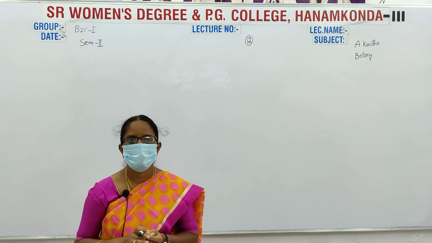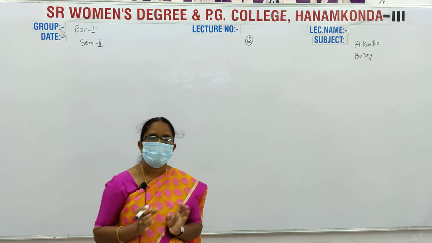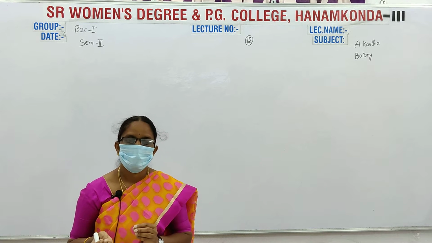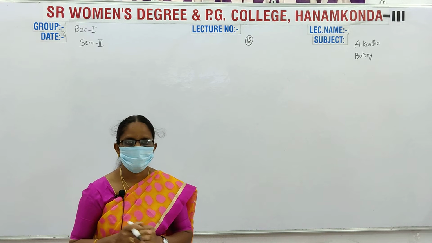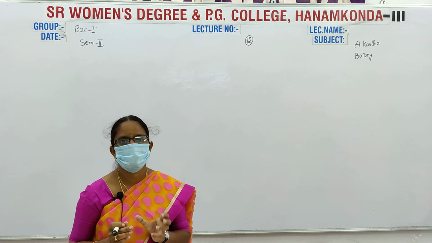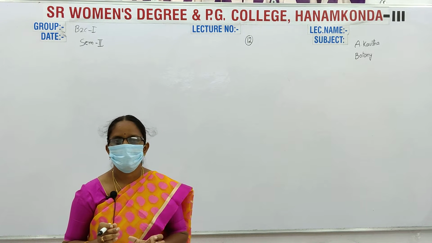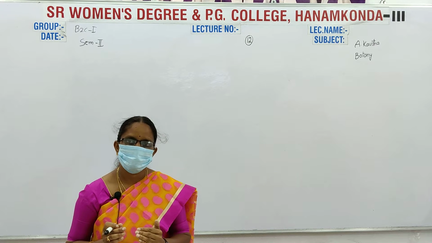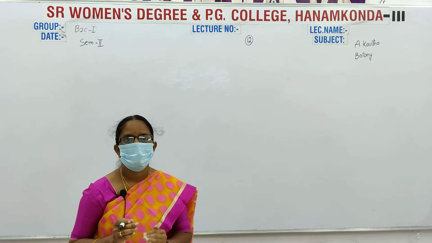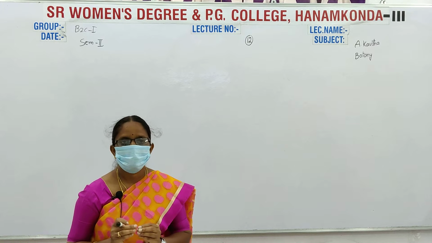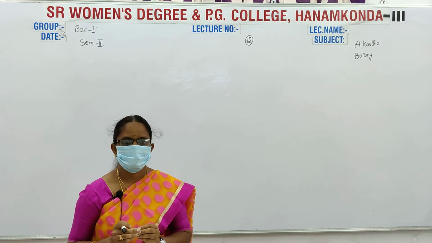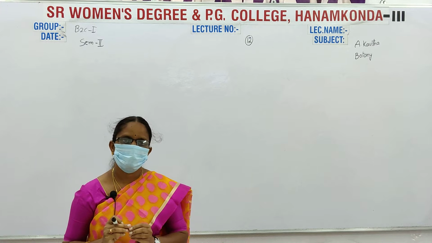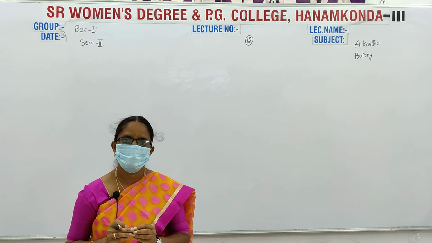In gymnospermic plants, the ovary is absent. Only ovules are present on the adaxial side of the ovuliferous scale. 2 ovules are present at the base of the ovuliferous scale. The ovules directly develop into seeds. These seeds are naked seeds. Naked seeds means open seeds. Fruit is absent in gymnospermic plants.